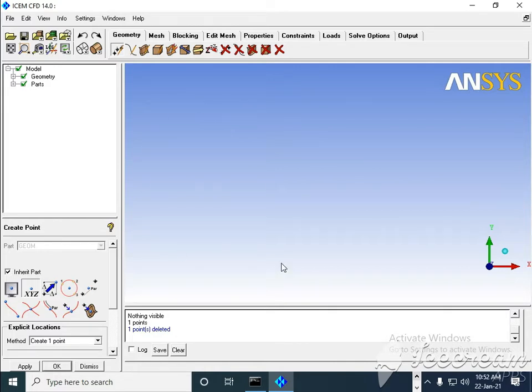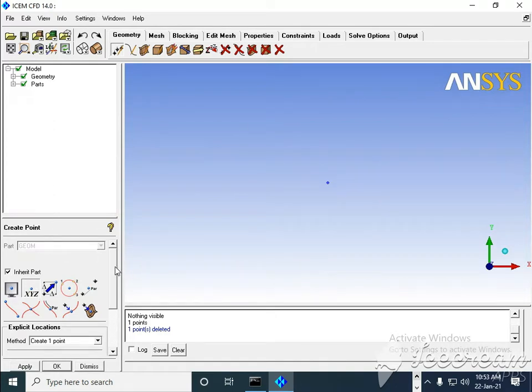Today we will see discrete phase modeling, how we can solve such a tutorial. So before going for a direct discrete phase model, first we will draw one figure, a geometry which will be used for discrete phase modeling. So what I will do, I will draw one figure. First I will go x 0 0.